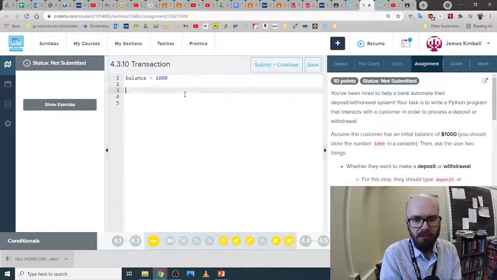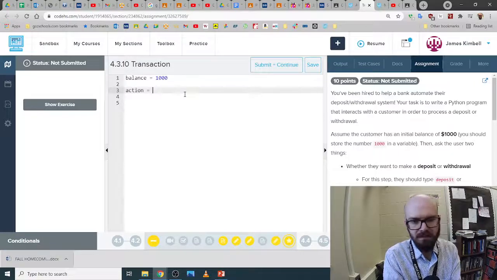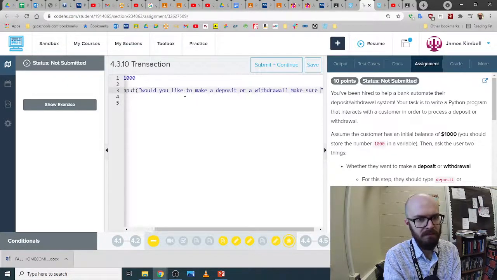So now when we say, do you want to make a deposit or withdraw? Let's get that. So I'm going to call that action because that makes sense to me. You could call it something else. Action equals input. Would you like to make a deposit or a withdrawal? Make sure to type